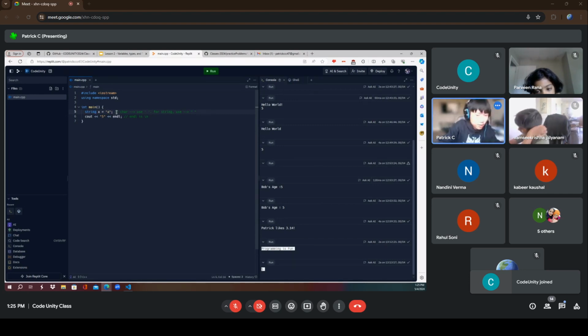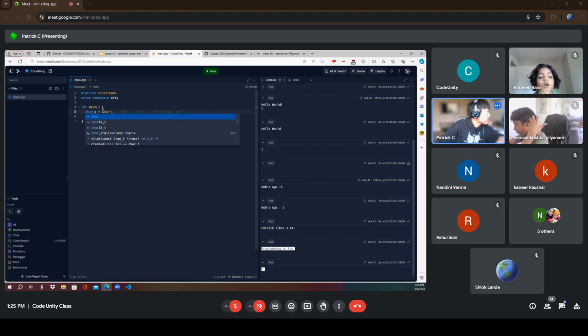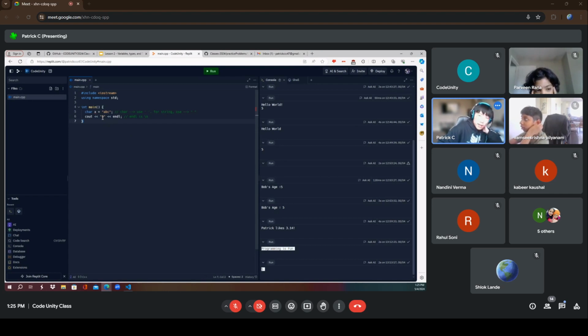So this is a string, pretty obviously. And if you try the character, again, you're going to see that red squiggly line, and that's saying no, you can't. ABC is not a character, that is a string. I guess this provides another general rule when you're working with Replit.